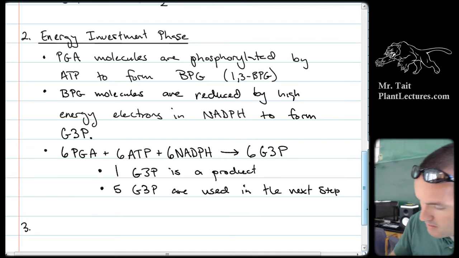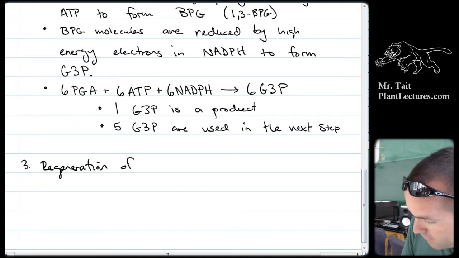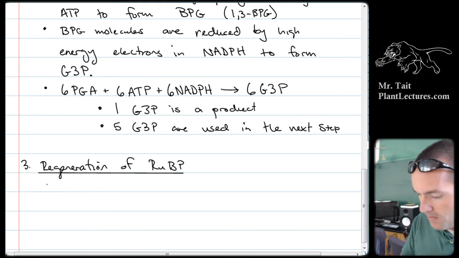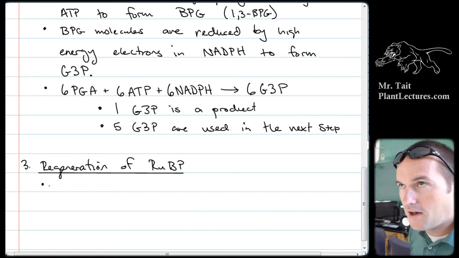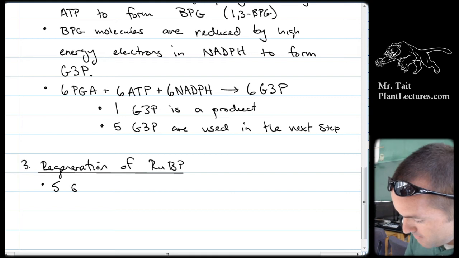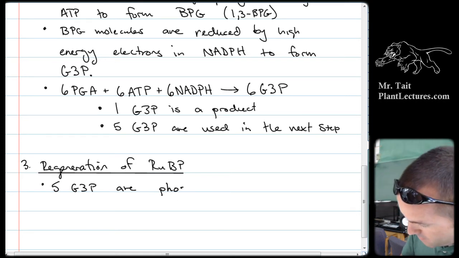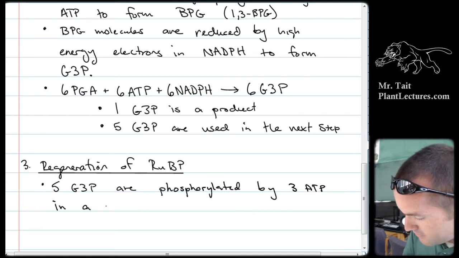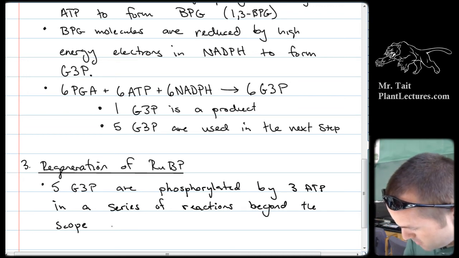Step 3 is, what did I call it? Regeneration. Regeneration of RuBP. So the first thing that happens here is your 5 G3Ps combine with 3 ATPs. So 5 G3P are phosphorylated by 3 ATP in a series of reactions beyond the scope of this